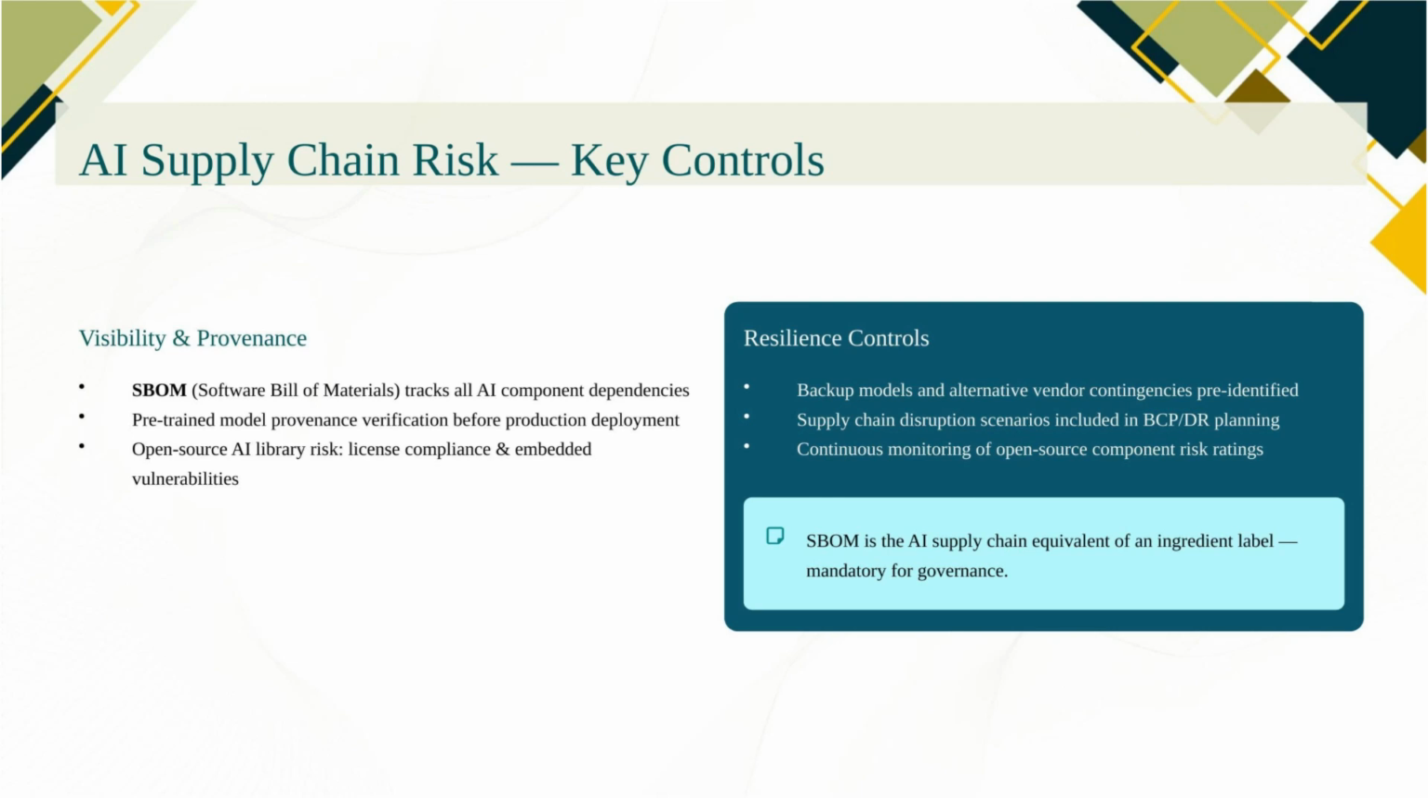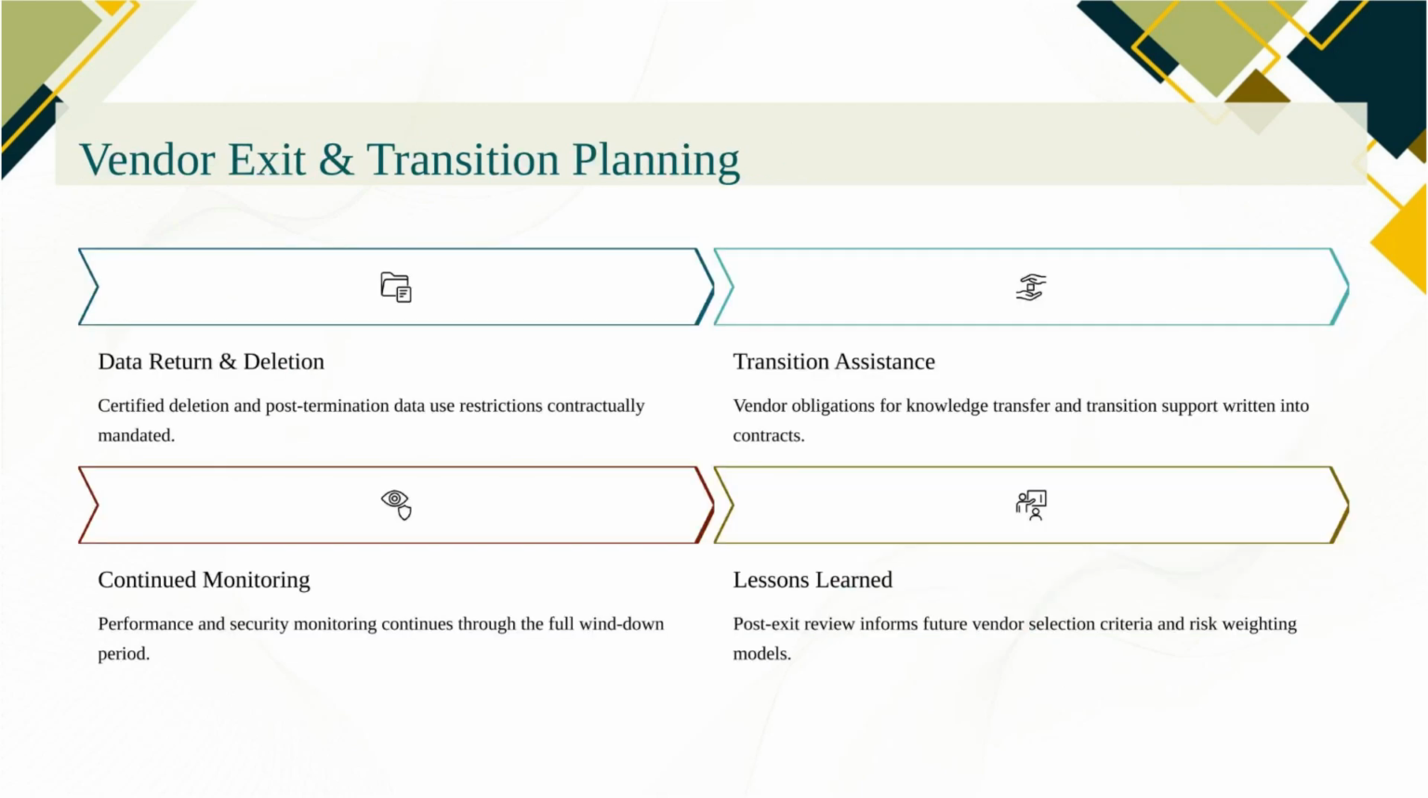Open source AI library risk is real. License compliance issues and embedded vulnerabilities in community-maintained packages are a growing supply chain threat. And supply chain resilience means having backup models and alternative vendor contingencies so a vendor failure doesn't take your AI capabilities offline. Vendor exit planning is the part of vendor risk management that most organizations neglect until they actually need